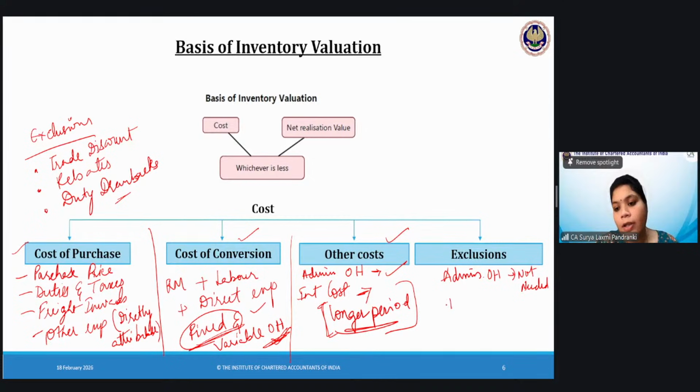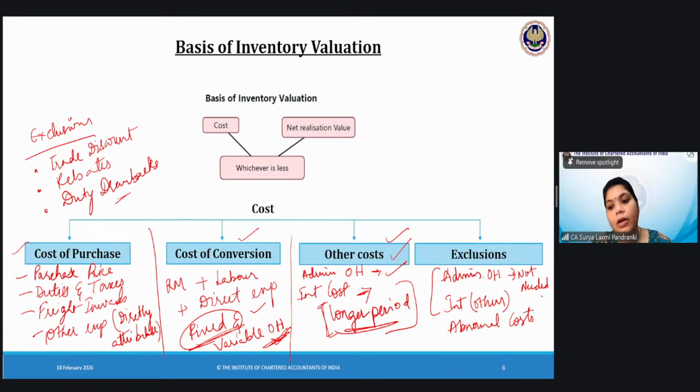Other interest costs are not added. Whatever is included here is added. Whatever is other than these will be excluded. So these two are some exclusions that we have, and also